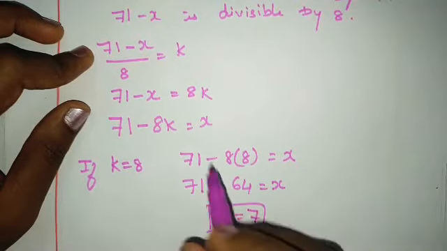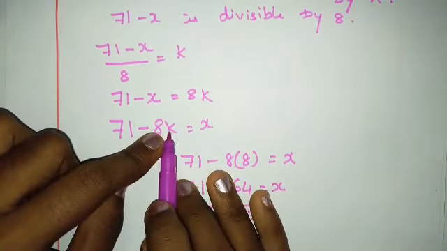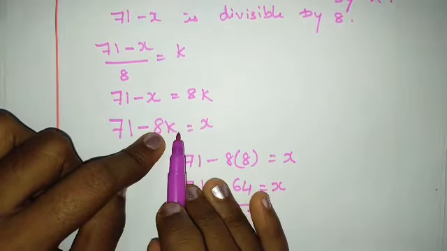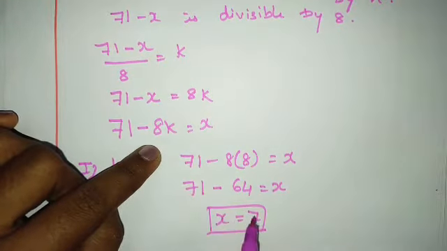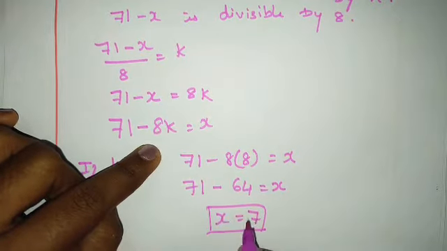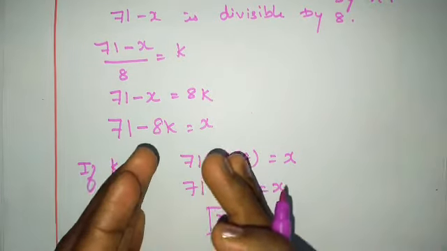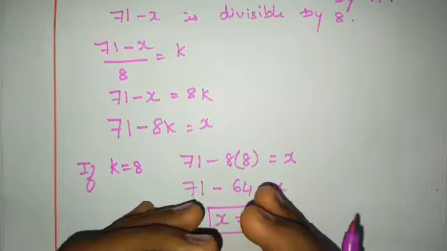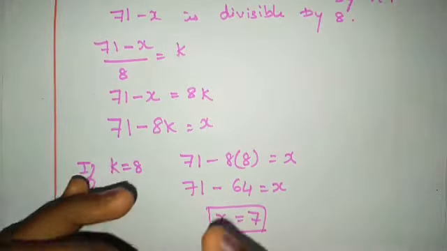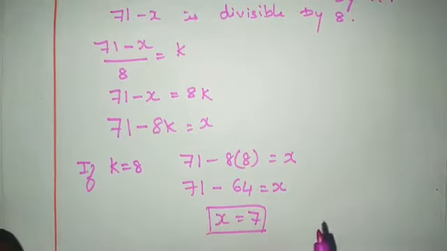Got it? So you have to know how to take the k value. First you checked with 7 and you got 15, and you checked with 8, you got the x value as 7. This is the least. 7 is lesser than 15, right? So depending on k values, the x value will be different. So you have to take the k value carefully, correctly. Okay, now we'll see the next subdivision.